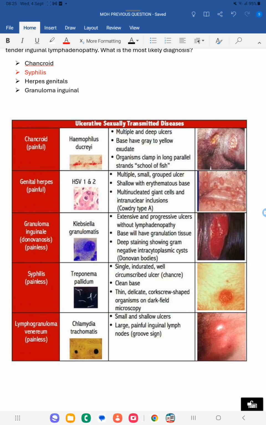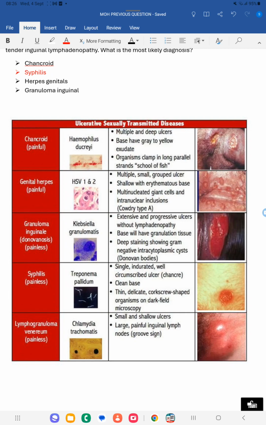Then genital herpes, the causative organism is HSV1 and 2, and there also you will be getting multiple ulcers that are also painful. Okay, the pictures are here. Then granuloma inguinale, otherwise known as donovanosis. The causative organism is Klebsiella granulomatis,